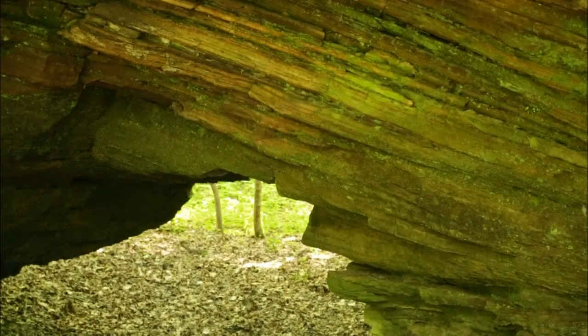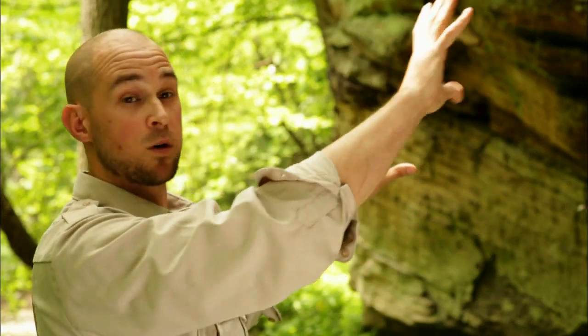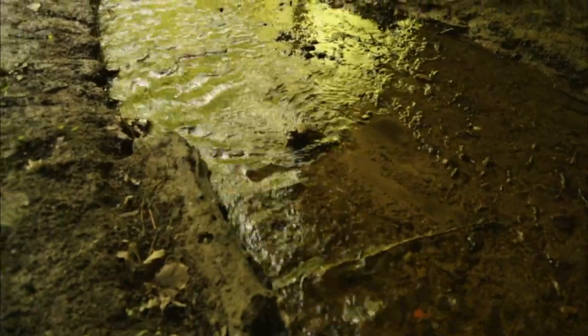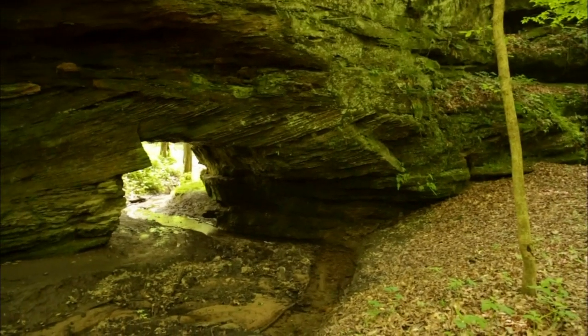So if you look at the feature over there, you could see that this tributary at one point went all the way around this structure and formed this outcropping here. And it got close enough where this creek here, that tributary there, had eventually eroded a hole through the sandstone